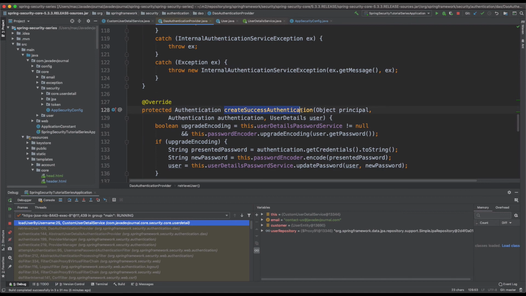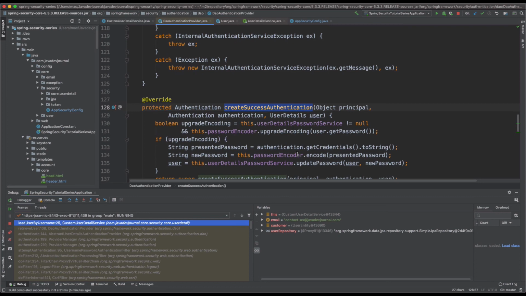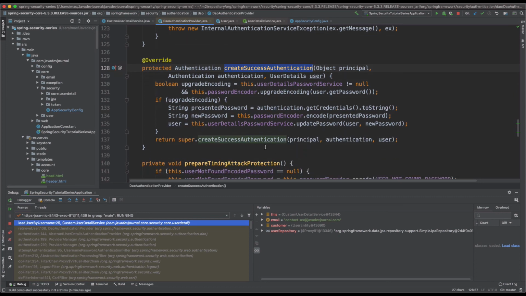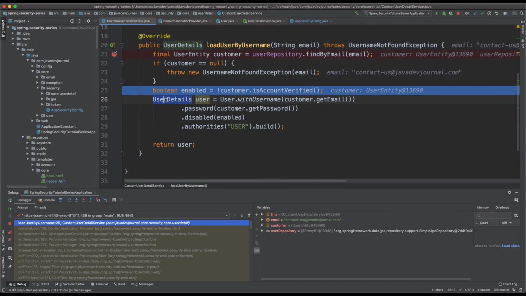So this is createSuccessAuthentication, right? And ultimately, if you see, this createSuccessAuthentication passes this user object, and this user object is nothing but the user details, right? And it always will be there. So once you want to get the authentication object, you will have information about that user object, right? So in the next lesson, I'm going to talk about this user details thing, how it is being used by Spring Security as an authentication object, and what are the different things we can do, or why we should be customizing it, right?